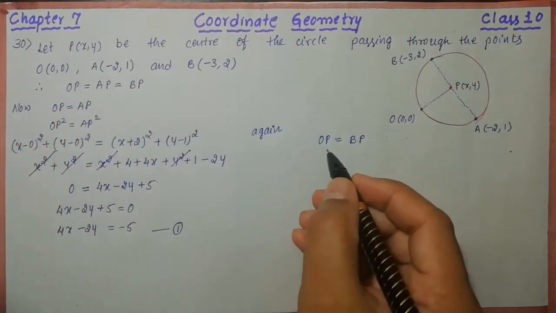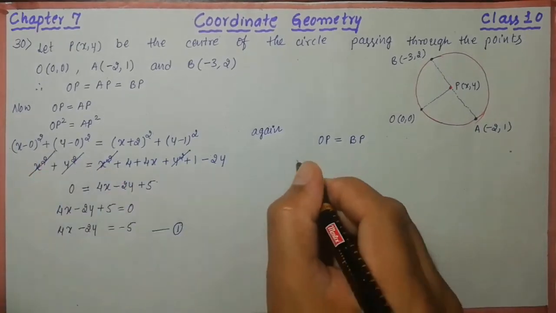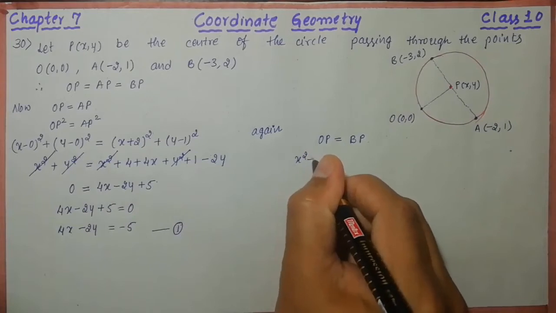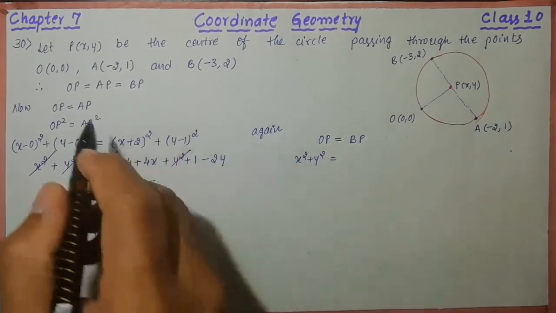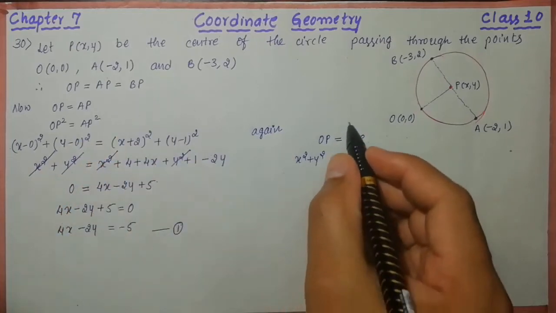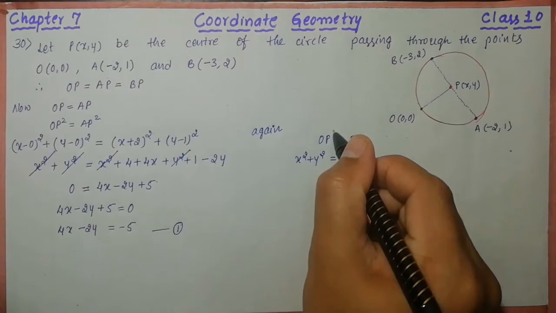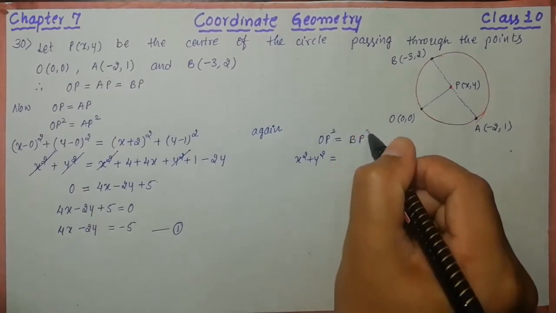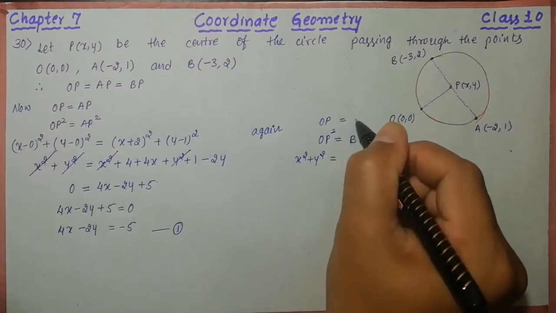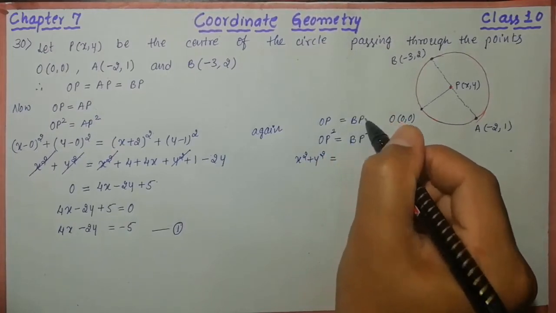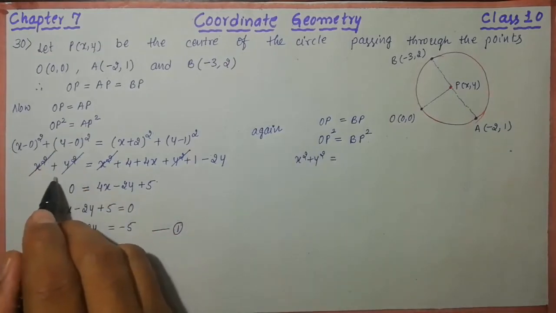Okay, so the similar thing I'm going to write down directly. It will become what? OP, left hand side, simply it is x square plus y square. So now look at the right hand side, BP. Okay, so distance, sorry, I need to square this one actually. Write down in your next step. OP square is equal to BP square. Before that you have to write down OP is equal to BP, and then you need to square this one. Now OP square means we got actually x square plus y square.